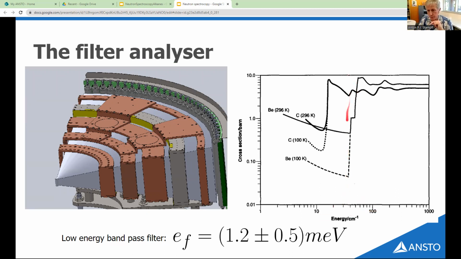This cutoff here for the beryllium is 5.5 meV. The Bragg cutoff for the graphite, I keep calling carbon, graphite, and this is what you call nuclear grade graphite. I'm not going to go into that. It's sort of amorphous type graphite, and that is around 1.1